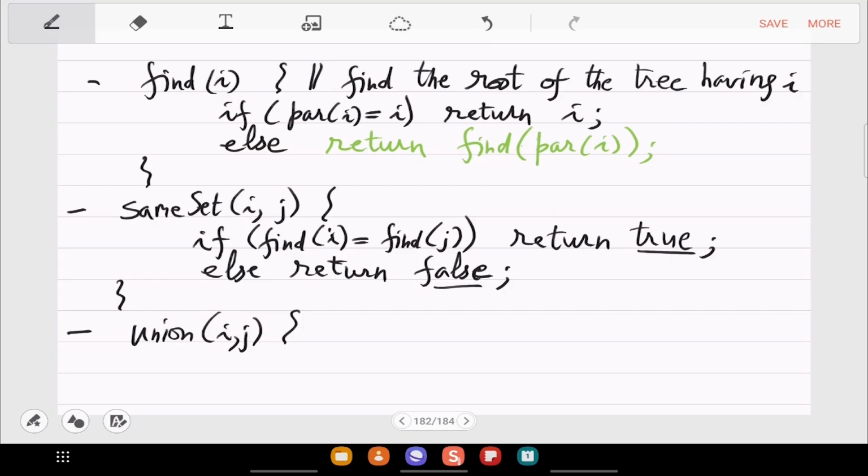Right, for J find the root and then change its parent to I. So K is the parent of J, K is find J. So the root of J is found and call that K. And change its parent to I.